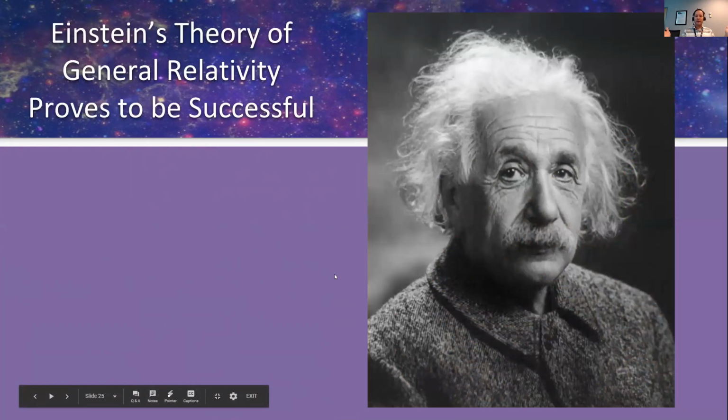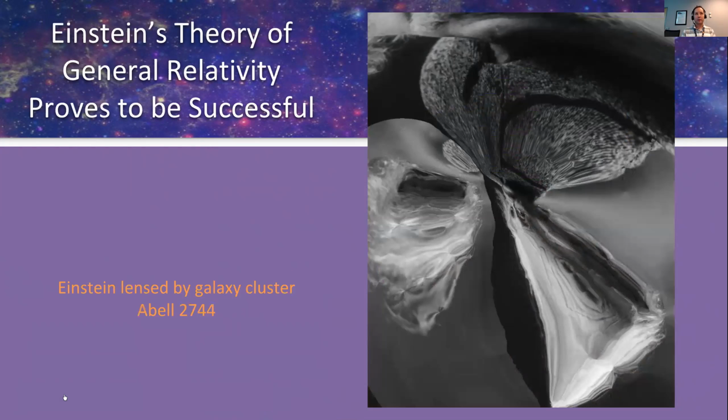You can do fun things with this lensing. For example, in honor of Einstein and his general theory of relativity, what if we took that same galaxy cluster, Abell 2744, and we stuck Einstein behind it? Well, that's what he would look like. So there's Einstein lensed. So you can do some interesting things, and sometimes putting a recognizable object behind a lens like this might make it a bit more tangible that something interesting is happening to the image, to the light